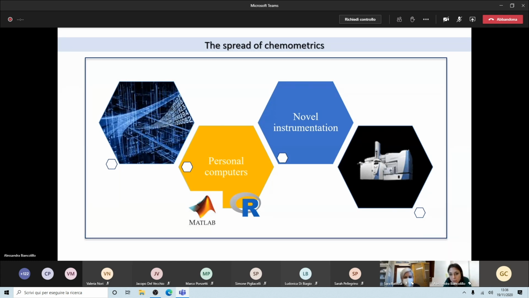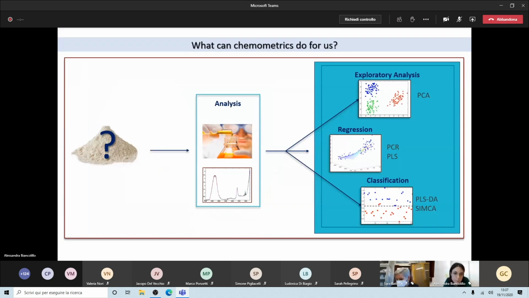Another reason why chemometrics has received attention in the last years is that the new instrumentation in our labs is more advanced. Instruments are able to take into account different sources of variability at the same time, and they produce bigger and more complex data. So we really need multivariate statistics to analyze this kind of outcome, because otherwise we would lose some information, and this means that somehow we are nullifying all the effort we put in the lab.